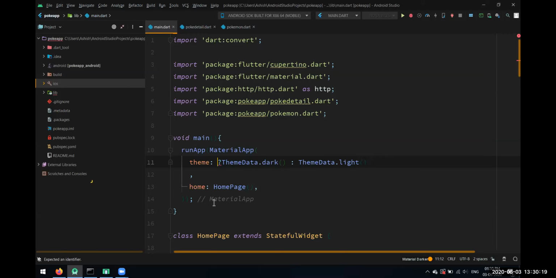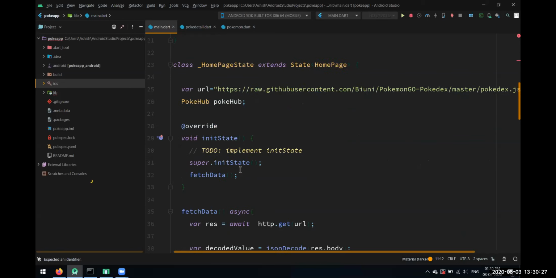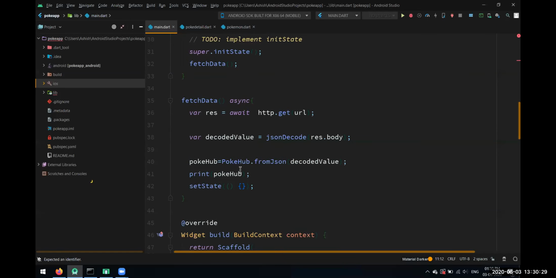But for now, don't worry about these things. These don't matter much. You can customize it later. For now, just focus on the widgets which we are using over here. Try exploring every widget and every property of every widget. Okay,